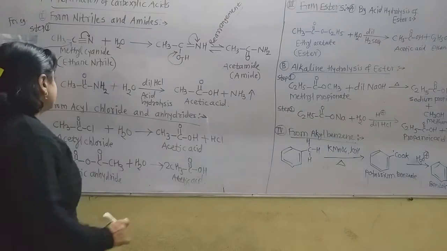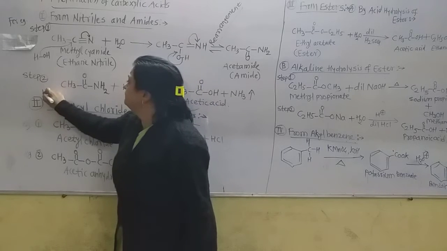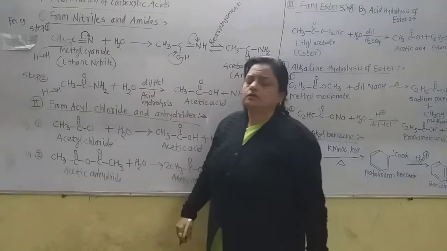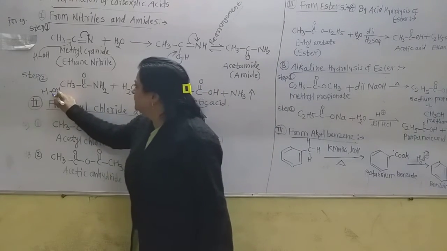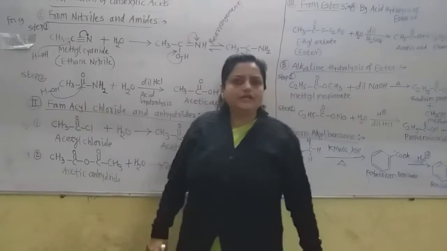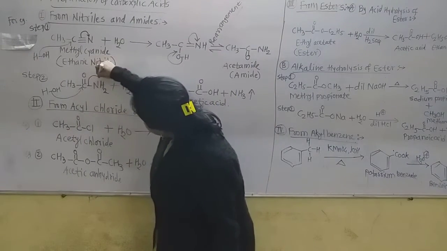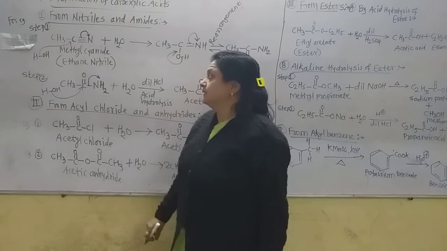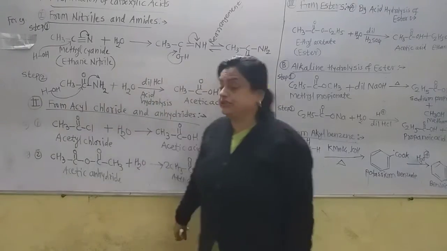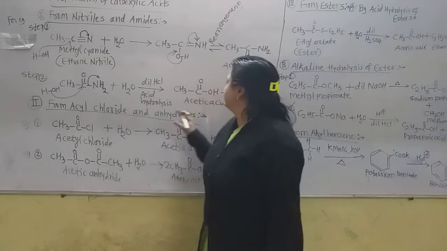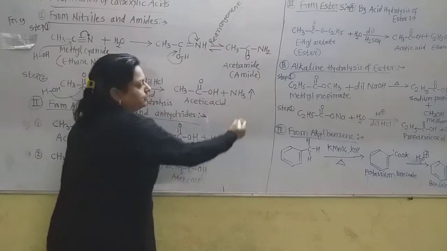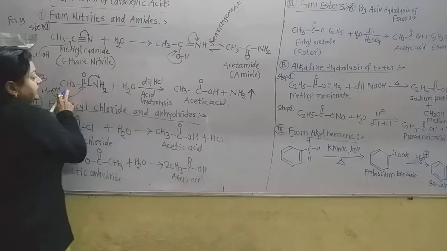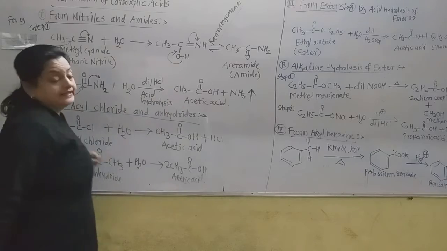Now see here. Here is again the addition of water. How the addition of water happens is very simple here. Now this is water molecule HOH. Now this OH attacks on this electron deficient carbonyl carbon. At the same time this bond breaks. Now again there is the negative charge on the nitrogen and that negative charge attracts this hydrogen again. And this NH2 group is converted into ammonia. Ammonia gets evolved. Now directly acid is formed. Now this CH3 C double bond OH, that is acetic acid, is formed.